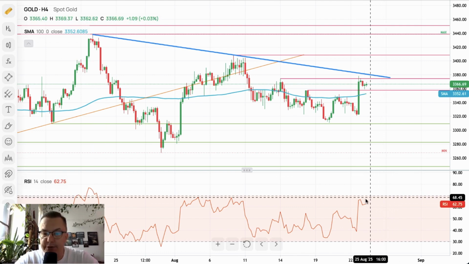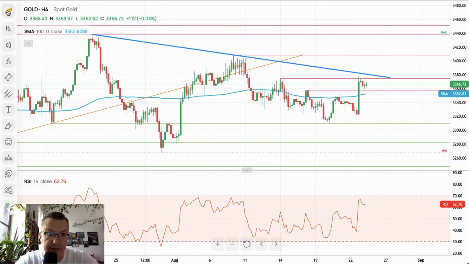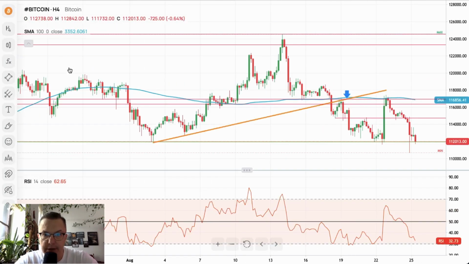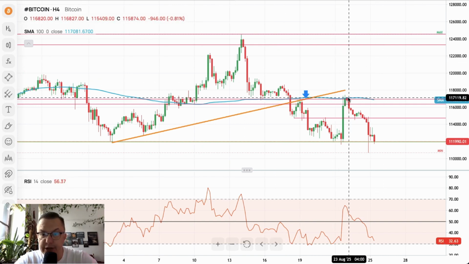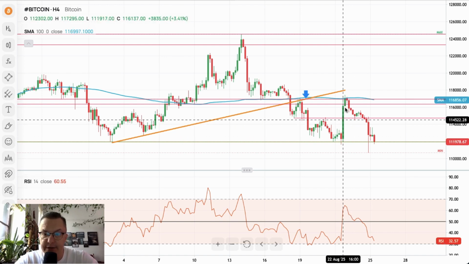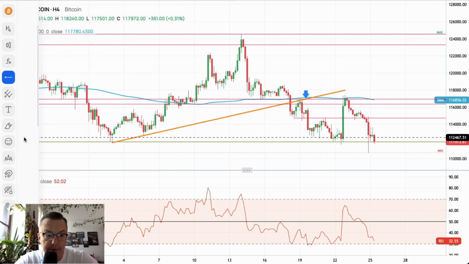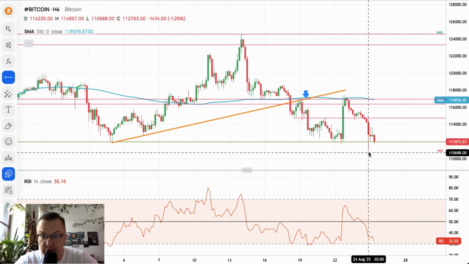So there is still some room on the RSI. Momentum is strong, momentum is positive. Well, it doesn't actually look bad to me, but we need to break above the blue trend line. And the Bitcoin obviously was rejected from the 100 periods moving average and from the 117,000 technical resistance. After a very nice rally, we broke towards the new local low, and we keep making new local lows for quite some time.